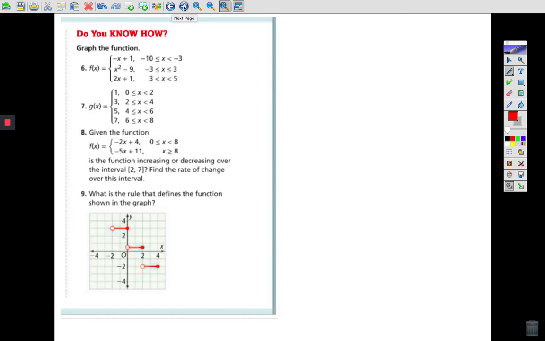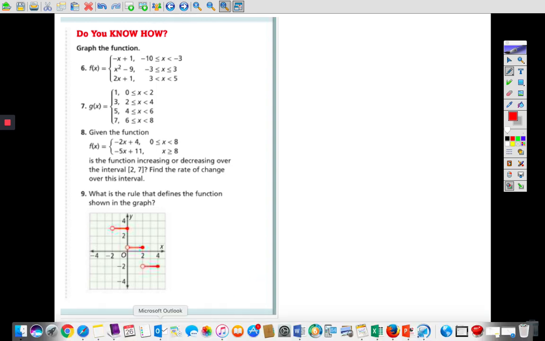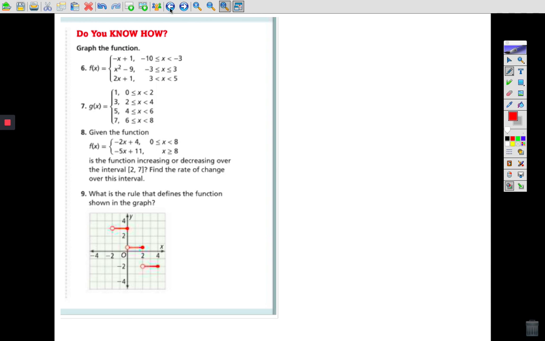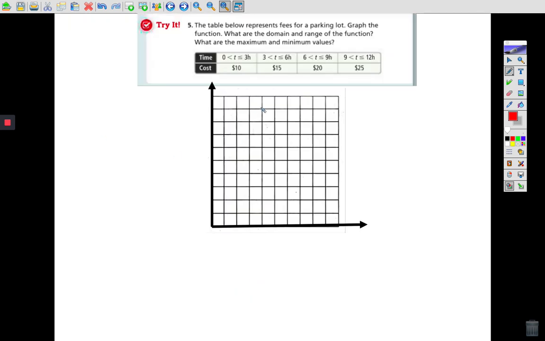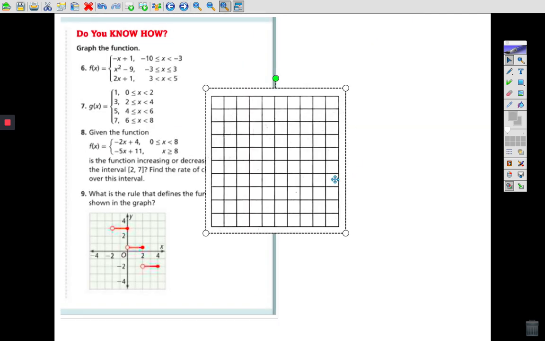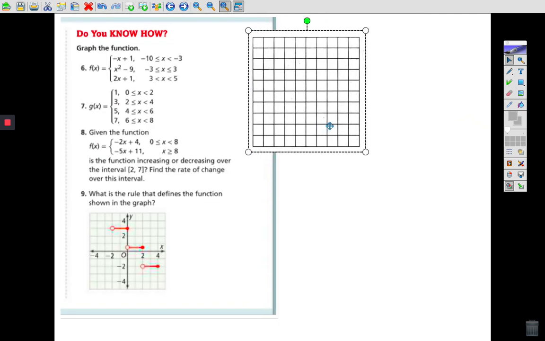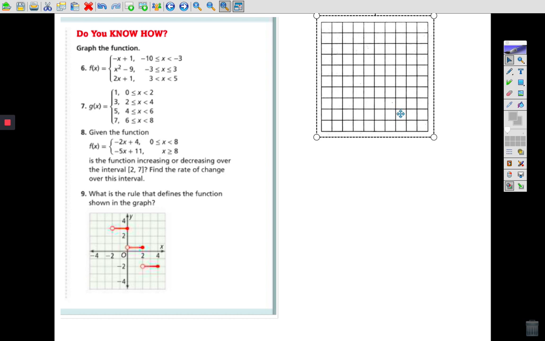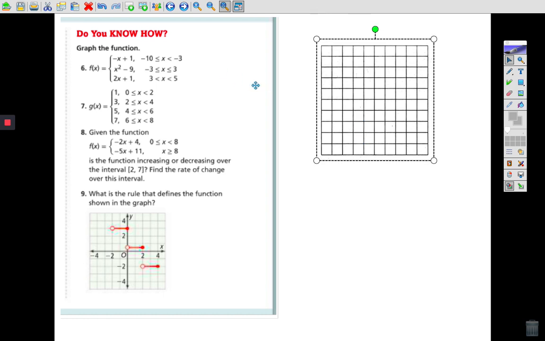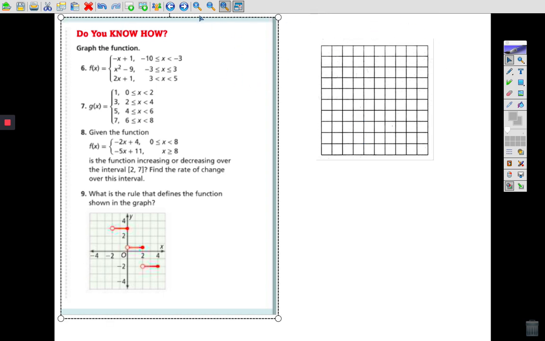Alright, so then they told us to graph the function of each of these. They didn't give me any graphs on this, so let me go back and grab one actually. So our graph should have looked like, if we're looking at number 6 here,